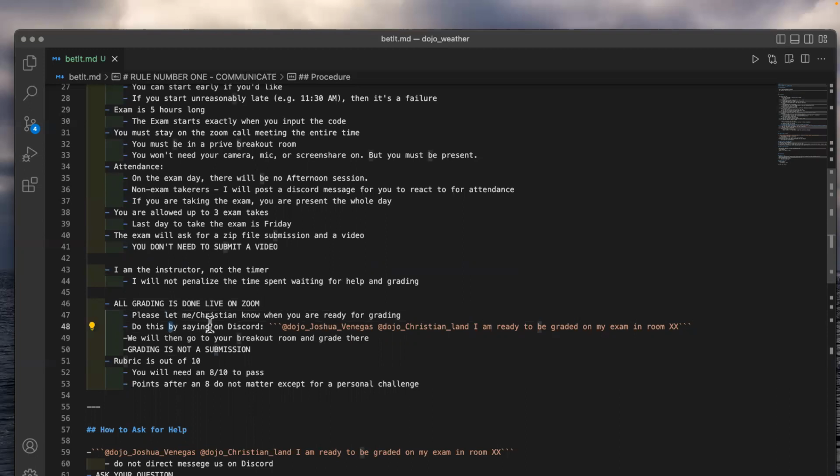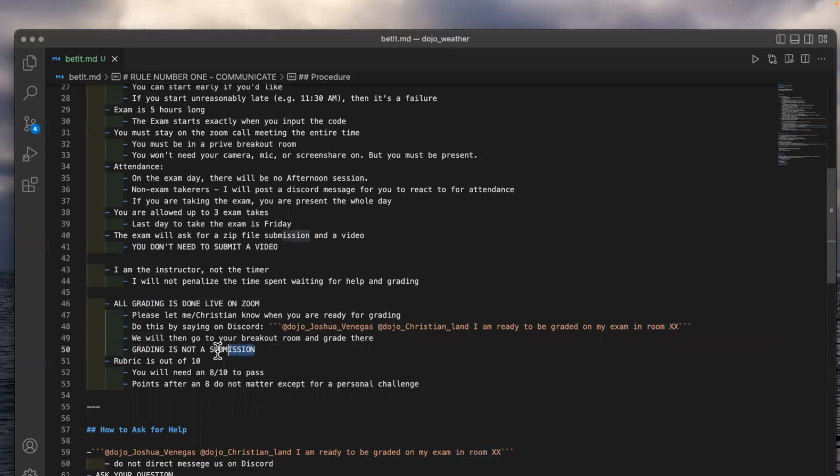You'll do this by sending a message on Discord. You have to tag me and Christian this way in the chat. Everyone will see when you're ready. And tell us I'm ready to be graded in this room. So you have to tell us the room name you're in. Then we'll go to your breakout rooms and we'll grade you there.